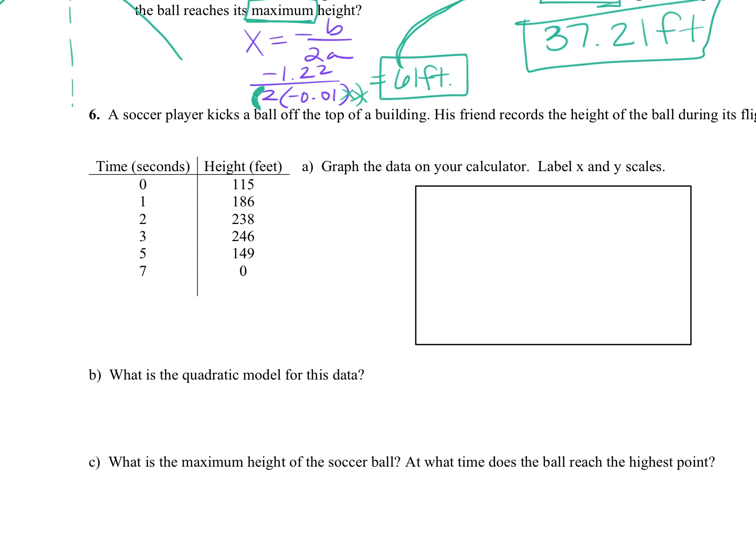Then it says, what is the maximum height of the soccer ball? And at what time does it reach that height? So the maximum height, is that your X or your Y? Y. It's your Y. If you're looking at your list, time is T in seconds, that's the X's. H is your height in feet, that's your Y's. Okay, so pay attention to what you're finding there. So really you're answering the second question first. At what time is going to be your X value? So for the time, we're going to say X